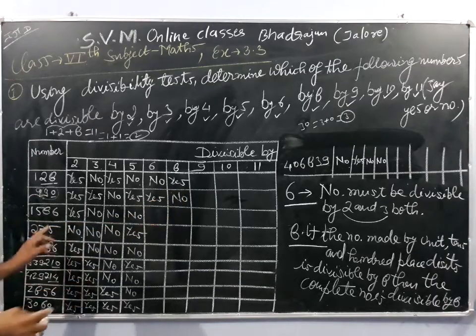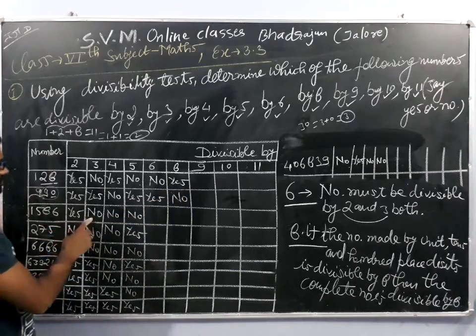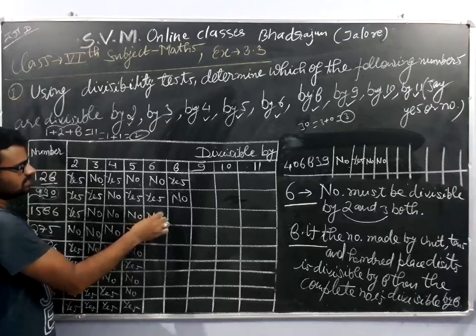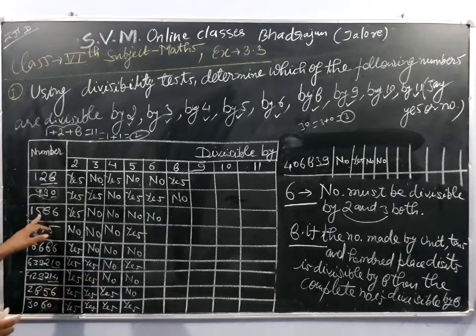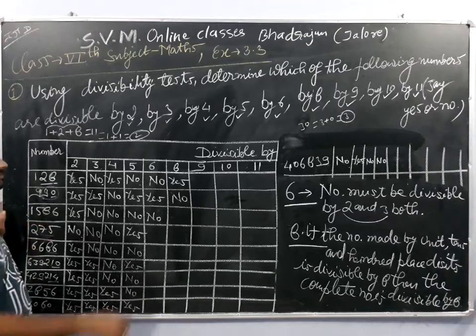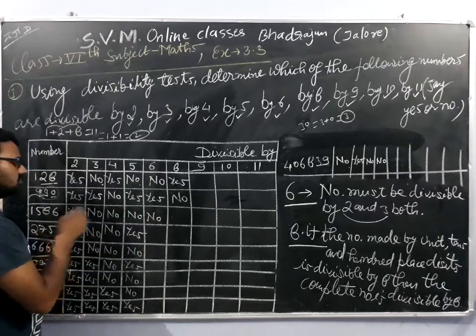Next one is this one. Here we are seeing the number is not divisible by 3, hence it will not be divisible by 6 also. For 8, here we are seeing 5 6 8 58. 8 1 is 8, 8 2 is 16, 8 3 is 24, 8 4 is 32, 8 5 is 40, 8 6 is 48, 8 7 is 56, and this is 58. So the number is not divisible by 8 as well.